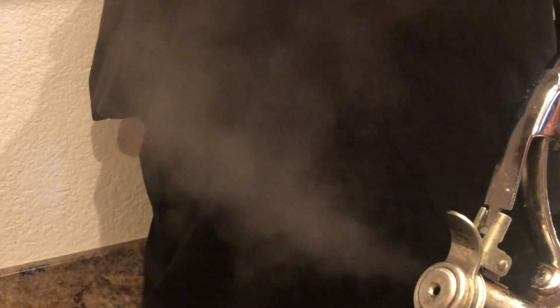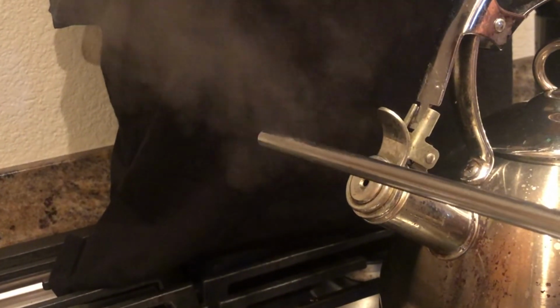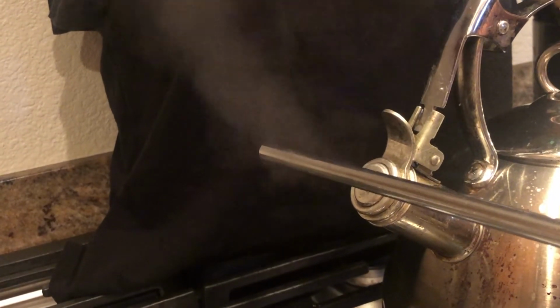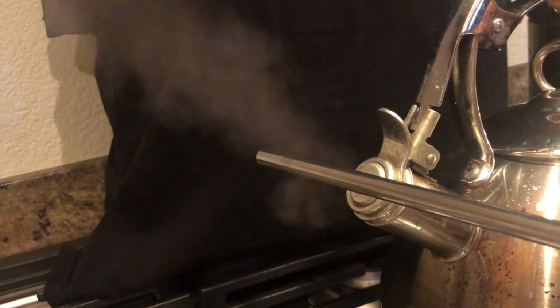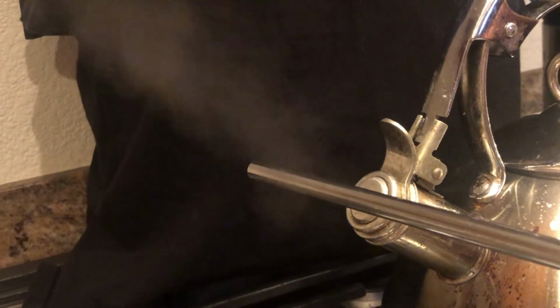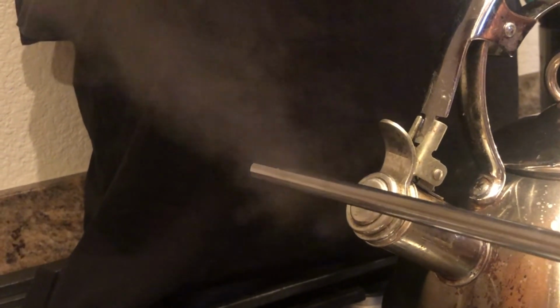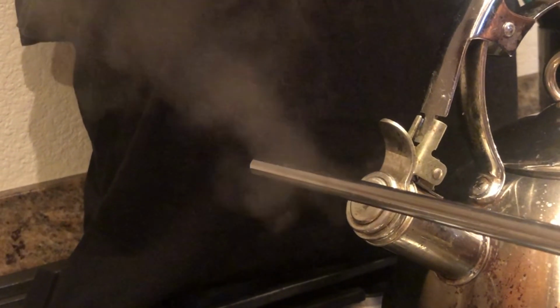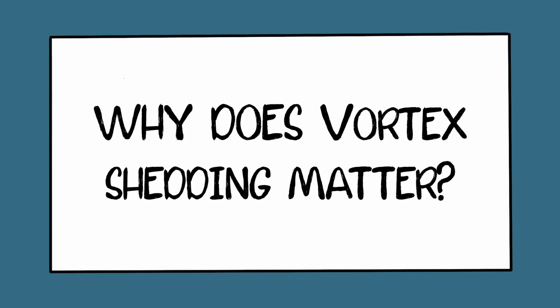We can similarly see the phenomenon of vortex shedding in air by showing the behavior of steam as it exits a tea kettle. Steam is visible to us in the form of a water vapor. Similar to smoke, the viscosity of water vapor is less than liquid water, and its more turbulent flow in general makes it comparable to smoke. Now that we have shown the prevalence of vortex shedding in two common mediums, we will take a look at